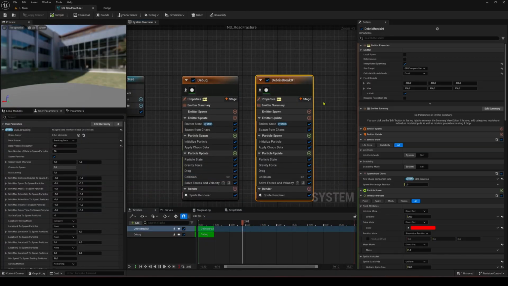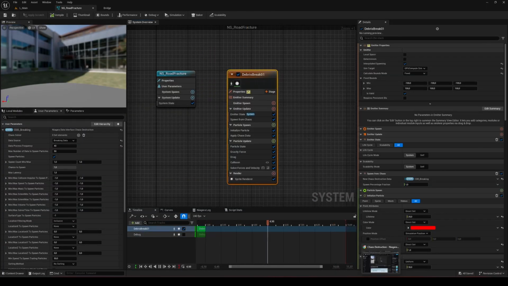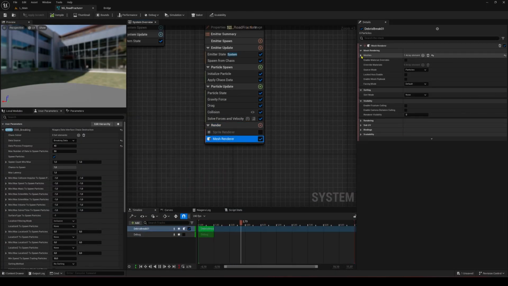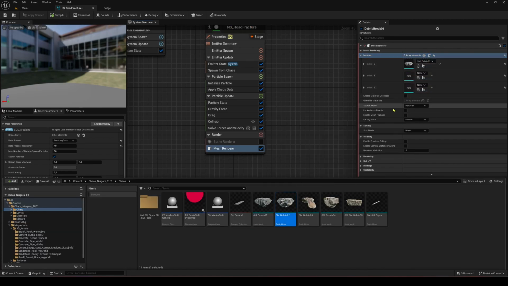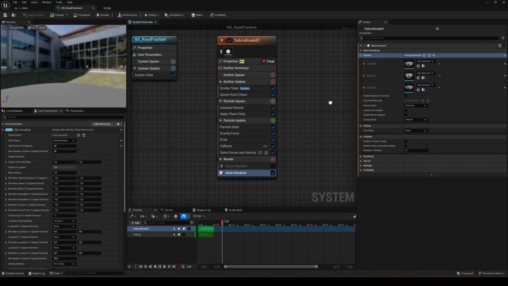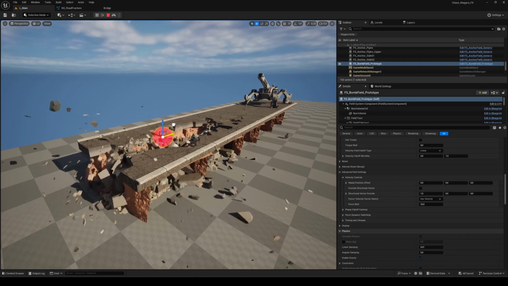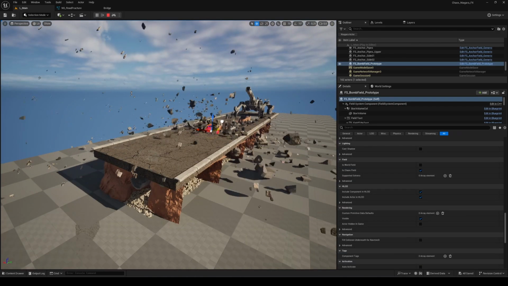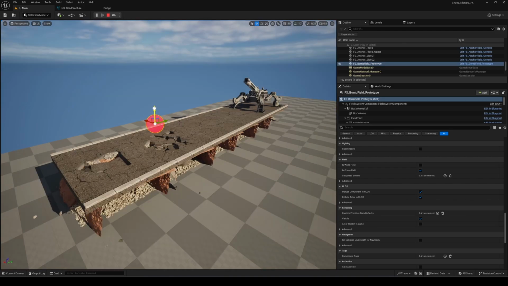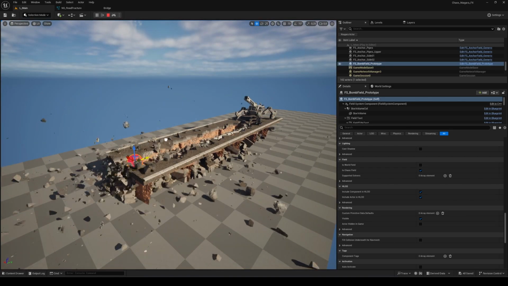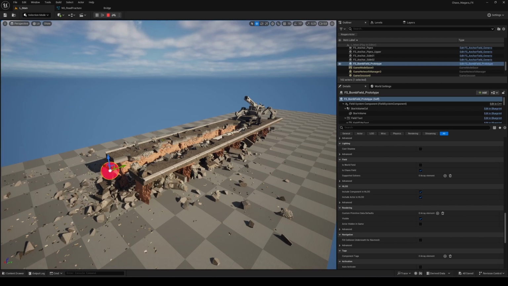So, I use a mesh renderer and debris found on Bridge. I adjust the overall size, its behavior in terms of collision, and most importantly, its user parameter in the data interface. I continue the logic with other emitters using different debris within the same Niagara system, taking care to create data interfaces for each new emitter. This brings even more variation. And it's looking cuter and cuter, don't you think?